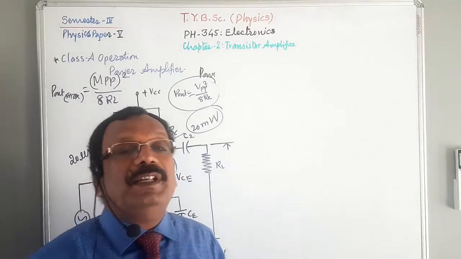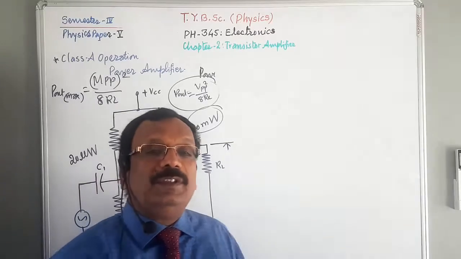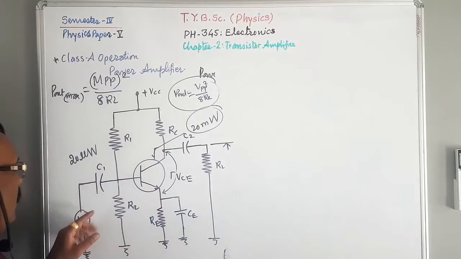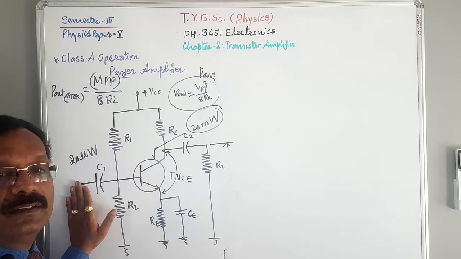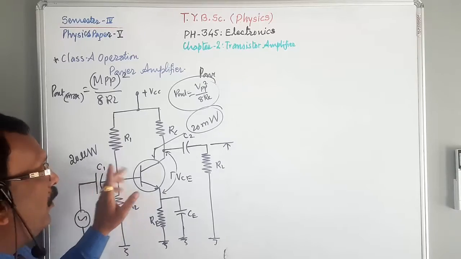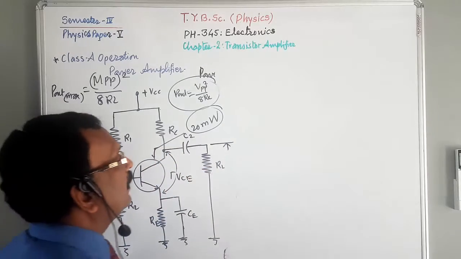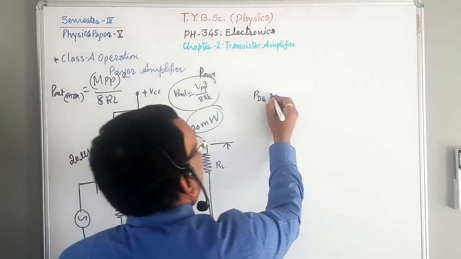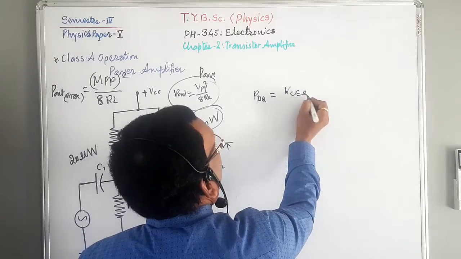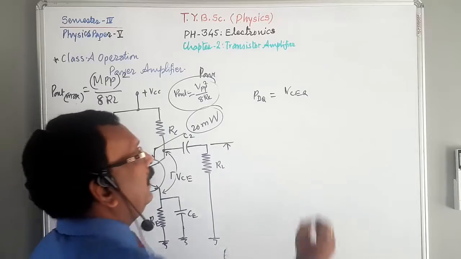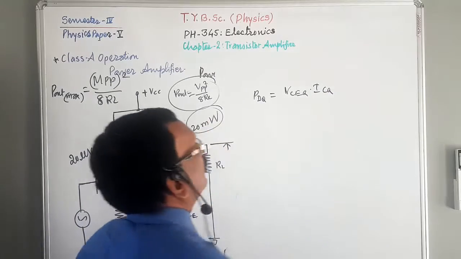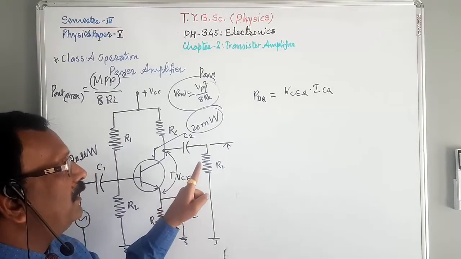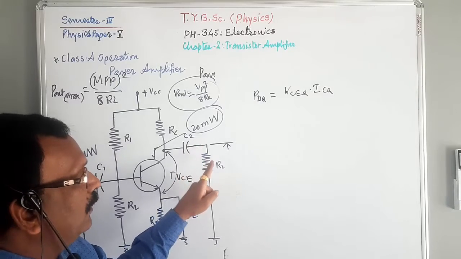When no signal drives the amplifier, the quiescent power dissipation is PdQ equal to VCEQ into ICQ, where this is the voltage between collector and emitter at the quiescent point,